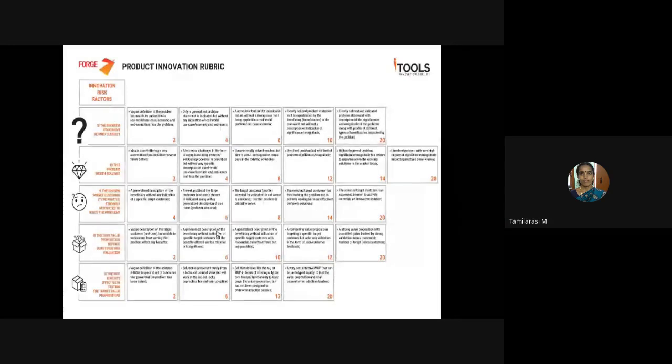So the first thing, your problem statement definition. The second thing, how much your problem is important to be solved. The third thing is whether the chosen target customer is strongly motivated to solve the problem. How does the customer think that this is very important to be solved? The customer should know that in this significance or importance, this problem is solved by this kind of solution. They have to know. So that is the third thing.